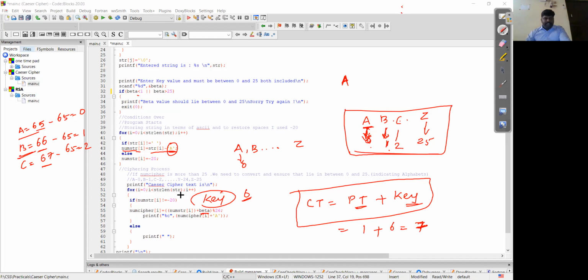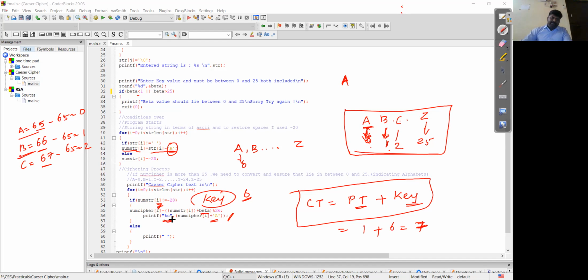Yes, sir. Okay. Now here in the place of num cipher you will have 7, and for the corresponding character value I take num cipher of i plus 'A'. So here I am going to add the ASCII value and then get the correct characters.